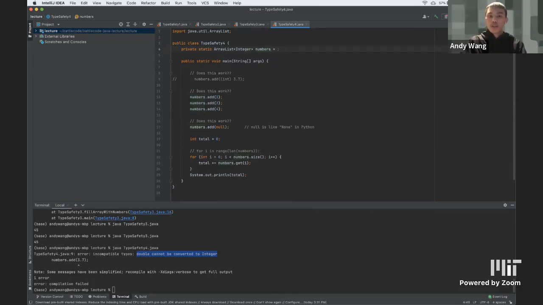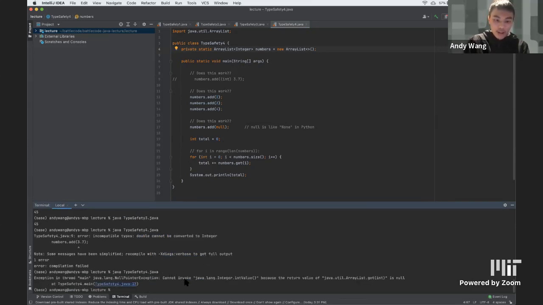We actually need to do the same thing here with array lists. So right now, numbers is not really assigned to anything. In order to assign it to something, we need to say something like new array list like this. And this just creates an array list of size 0. So now numbers is an empty array list we can add to the end of. Before, it wasn't an empty array list, it was actually just a null. And trying to add things to that doesn't work in Java. So if we try running this now,